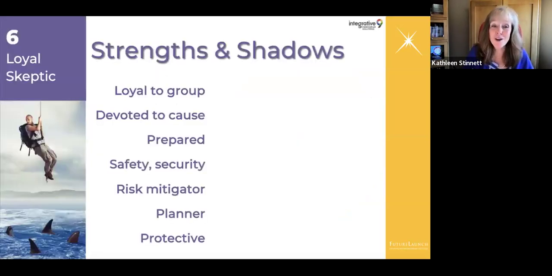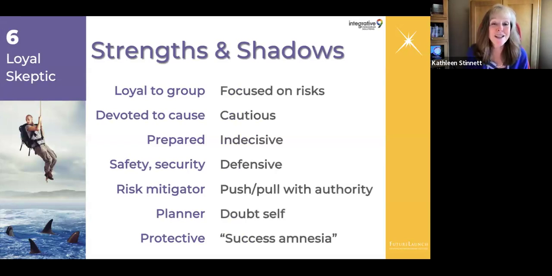And so the strengths for our sixes, they are devoted to a cause or a group bigger than themselves. And they tend to be super prepared. They tend to have thought through what might happen in worst case scenarios, and they have plans and contingency plans. The downside for the six is sometimes they will be experienced as perhaps slower to make decisions, or glass half empty instead of glass half full.